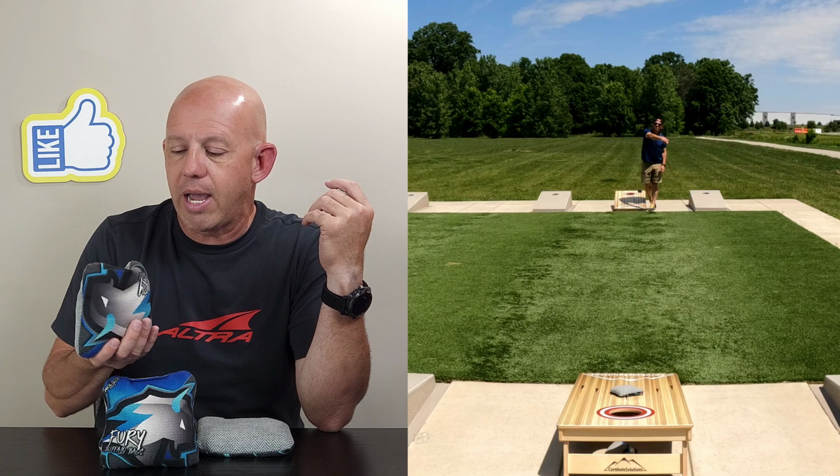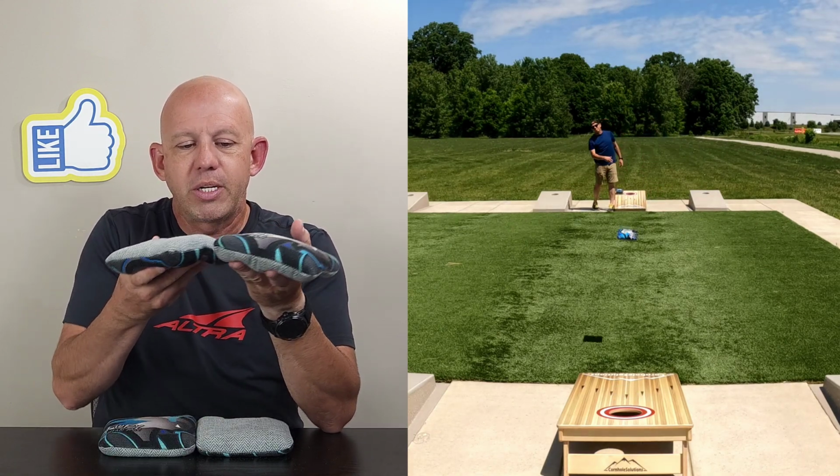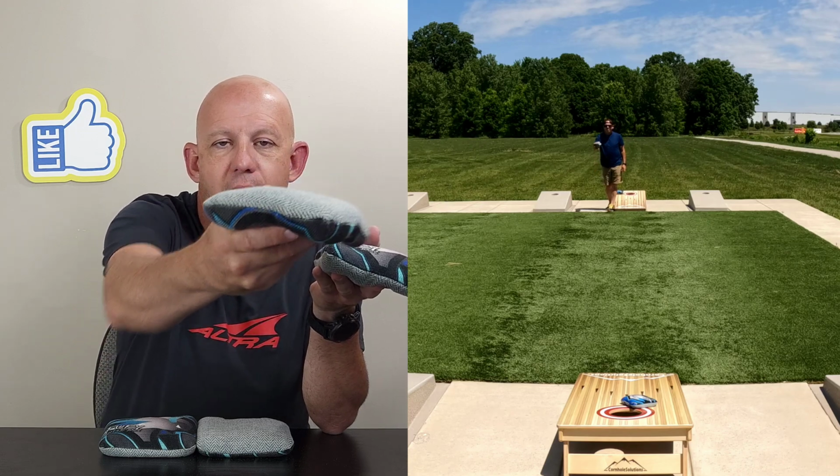Maybe I want to bully an opponent. I can flip this bag over. If there's a blocker there, I can go fast side, flip it over, bump into their bag, bully it out of the way, and still take my bag in. Sometimes with that Fallout X, if you're not careful, you'll bump into their bag, bully it, but you'll fly over